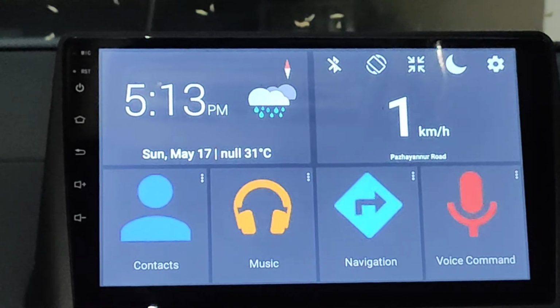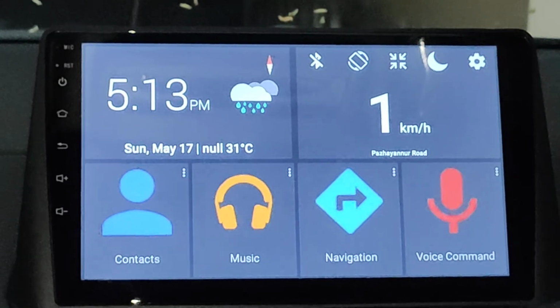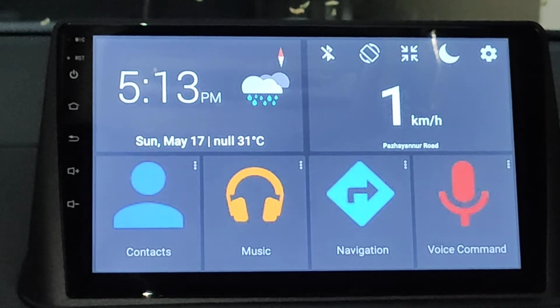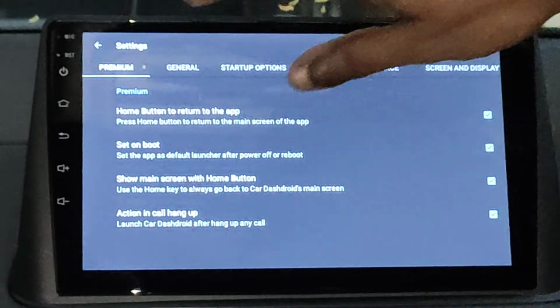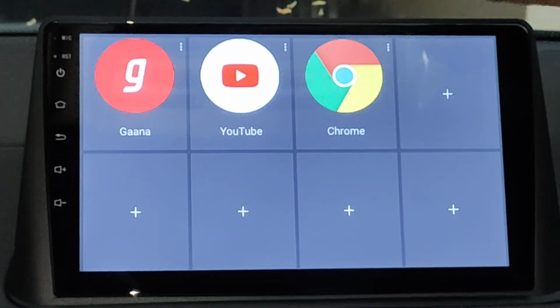I'm happy with the video quality. I'm happy with the touchscreen as such. I don't find anything wrong with it, and I don't think I've made a really bad bargain. It looks fairly good, and I think it's a good choice to have for the price that you have to pay. It gives you a lot of options,